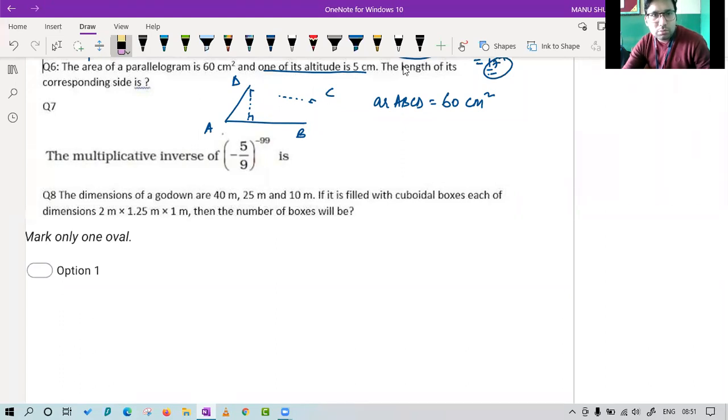One second. Going to undo, but it is not going. Come. Okay. So Harshul, tell me, if I take this DE as perpendicular, what is the base? If I take DE as the altitude, then the base is AB. And when I take DF as perpendicular, then the base changes to BC. Okay. So this is the thing that we have to understand. We have the choice to take whichever perpendicular we want. Okay.